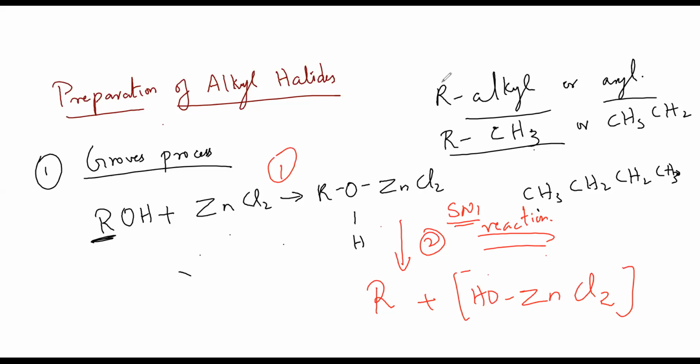So guys, I think later on you can copy down this thing. What I was saying in the beginning is, I'll be taking what is there in the book as well as what will be coming for the entrance, a little bit of extra knowledge on the same. And it's a very easy topic which I'm going to teach today. Preparation of alkyl halides, another step. It's a very small chapter, very easy chapter too. Groove's process and all are not there in the book. Later on I'll send you the video. That will be fine, I think so.